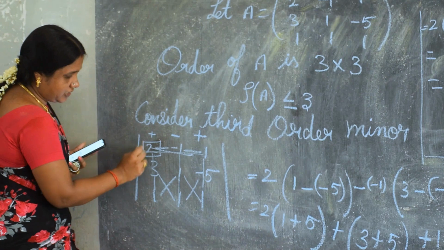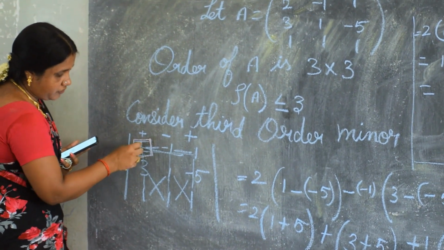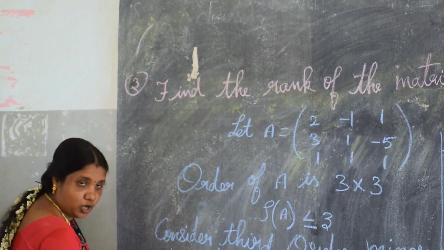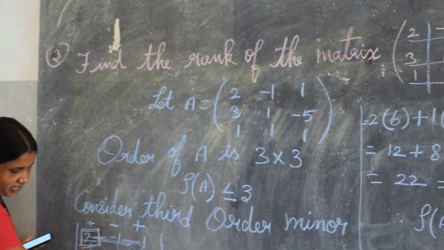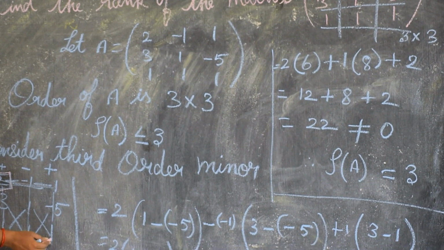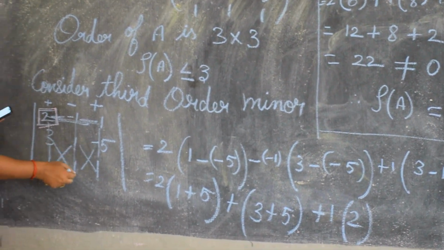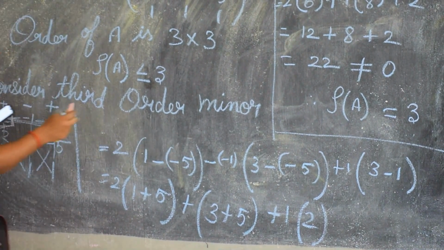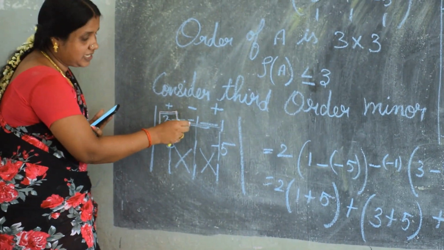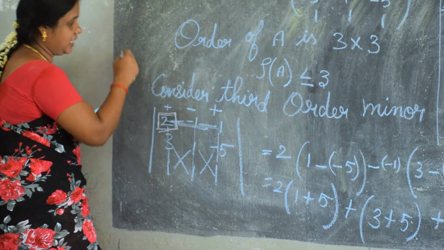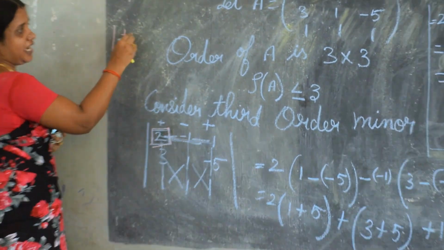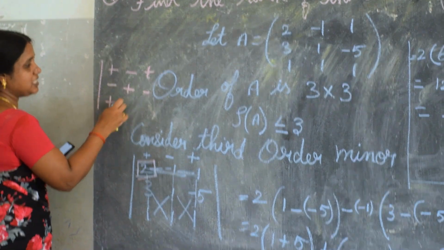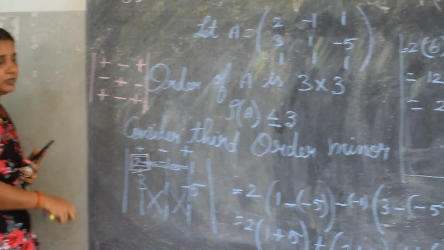See here, I am going to take this first one, 2. If you are taking this value means you have to eliminate this column and row this element belong. Then you have to multiply this remaining elements. 1 is 1 minus of this one is minus 5. So minus into minus plus. So 1 plus 5. Next you have to take this element. Actually the determinant sign is plus minus. See here. If it is 3 by 3, the sign is plus minus plus minus plus minus plus minus plus. You have to use this symbol.